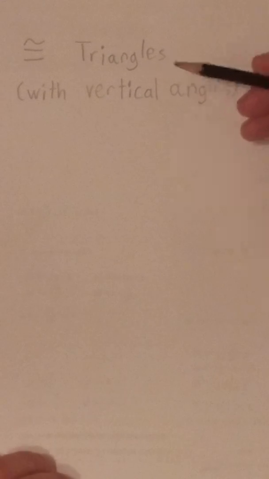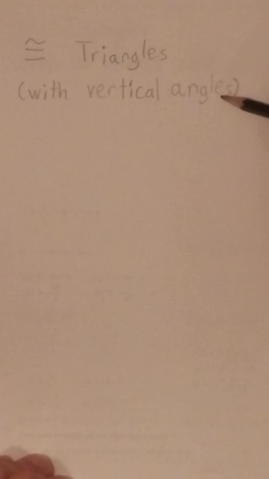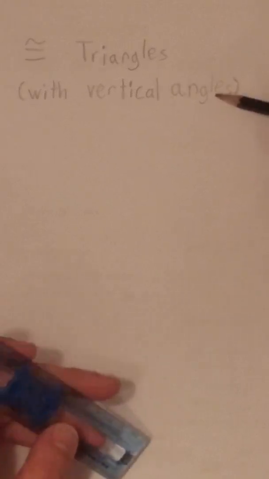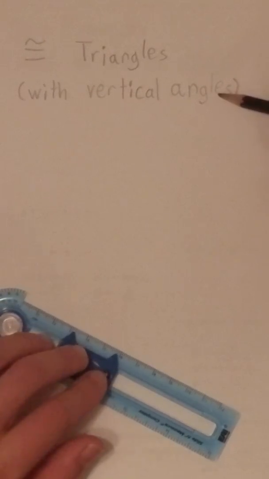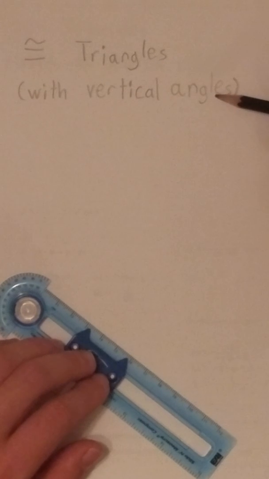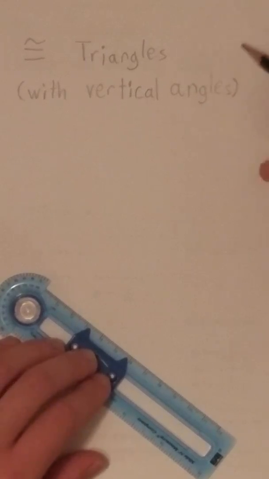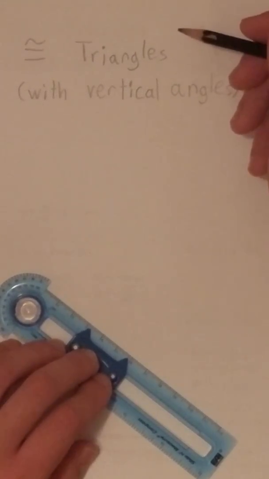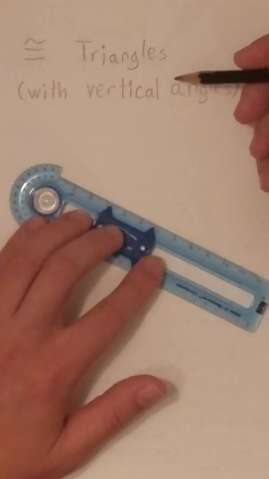So now our task is to construct a pair of congruent triangles with at least one pair of vertical angles. Now I know that for a lot of you that's a lot to ask, but if we break down what vertical angles mean and take advantage of our ability to create congruent segments, then this is actually one of the easier triangles to construct. So to start with drawing congruent triangles with vertical angles, I'm going to start by focusing